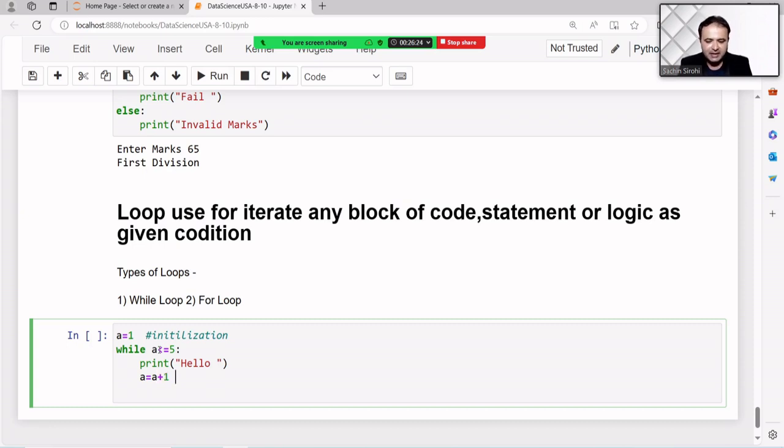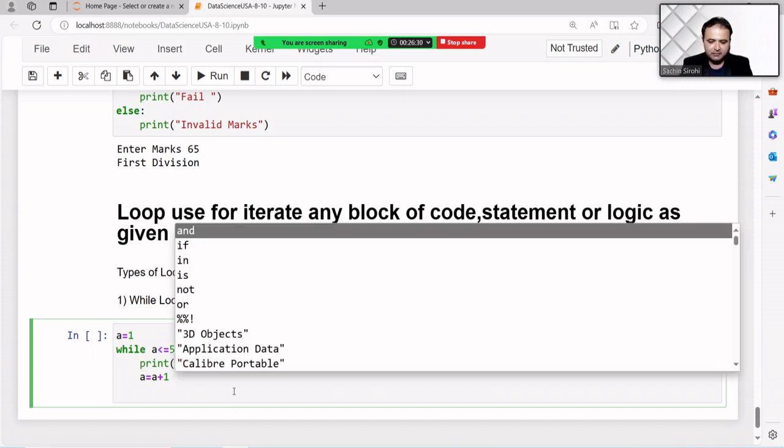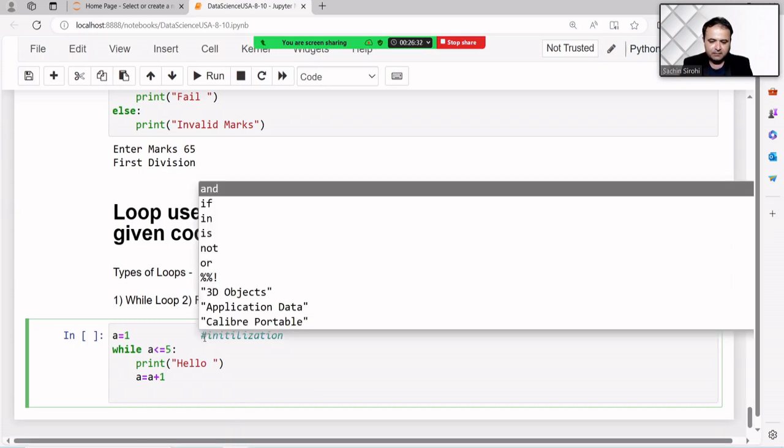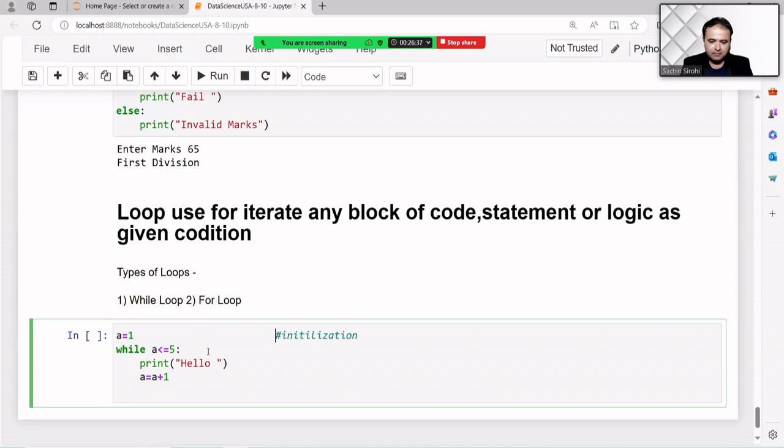So this is initialization, this is the condition, and this is increment and decrement. For better clarification, I am just typing it.